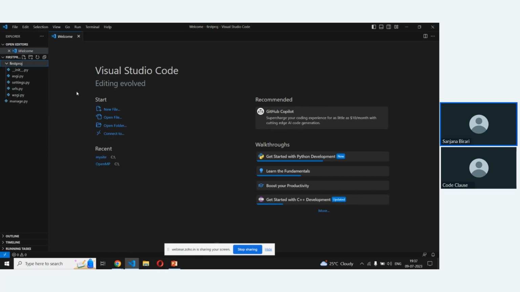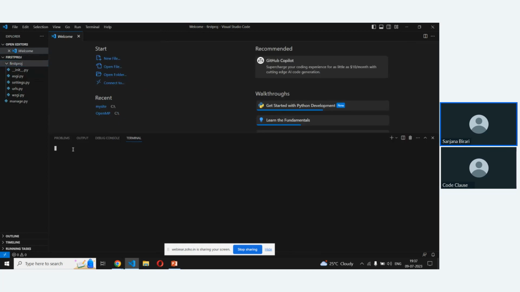Now we'll run the Django project. For that, you can use python manage.py runserver, then your project name, or file name, your application name.